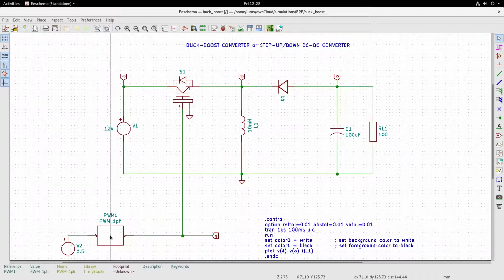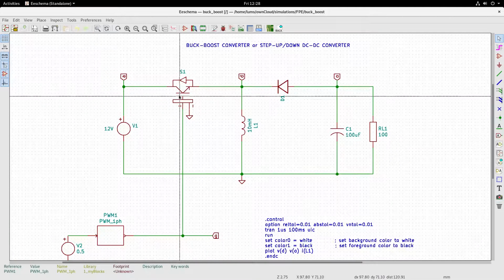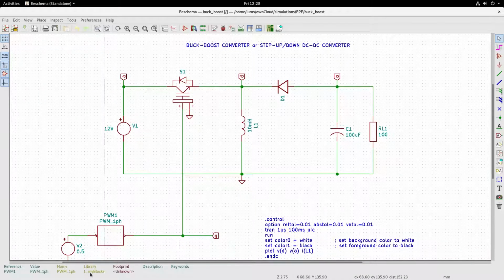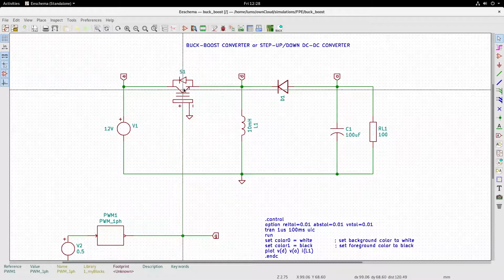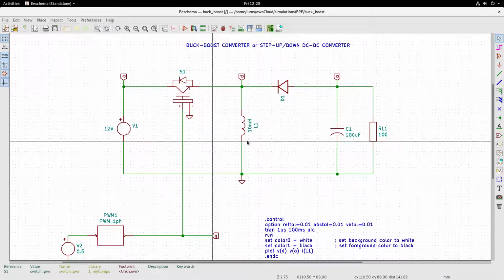And we have this PWM block, which is taken from my blocks library, so you need to have that in the library also. And the switches, for example, are taken from my components library, as you will see here.